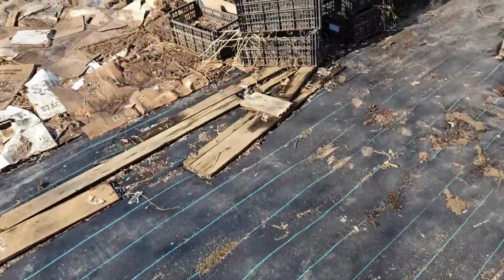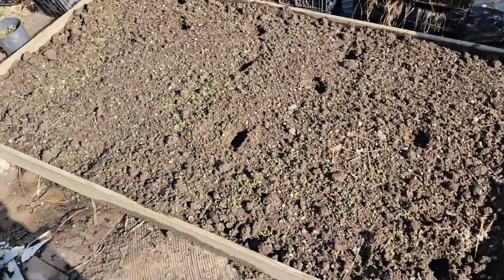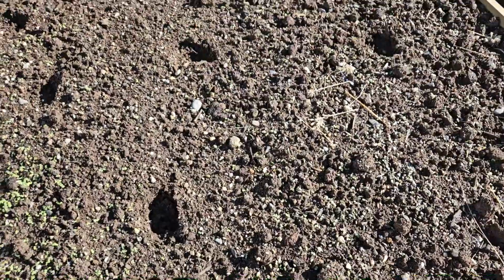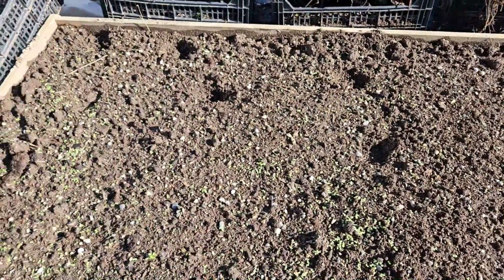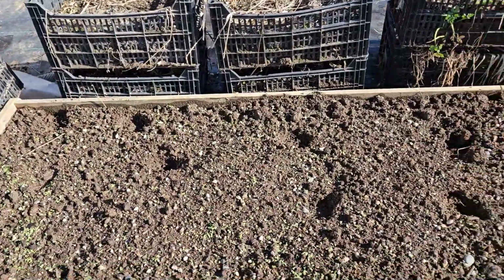Then over here, in one of the last videos before it snowed, I showed us planting this bed with annuals. You can see lots of them are coming up now, all over the place. This bed's going to be really nice, I think. Unfortunately, it looks like some kind of animal walked through it a little bit and made some footprints in there, so I put these crates around it to hopefully deter it from going straight through this bed. I don't know, it's got to be either a deer or a coyote. It's hard to tell from these footprints because they're not really refined. Maybe a coyote,